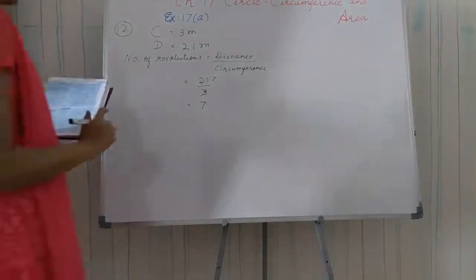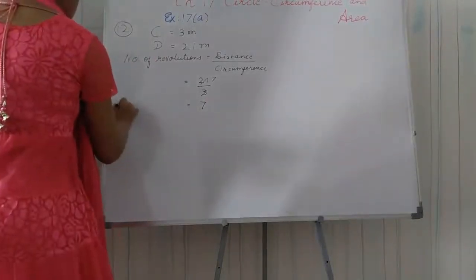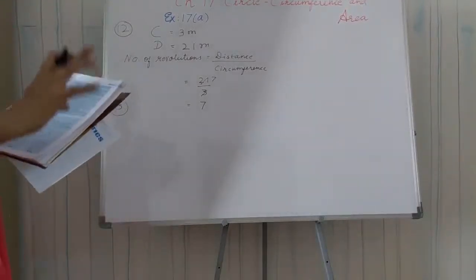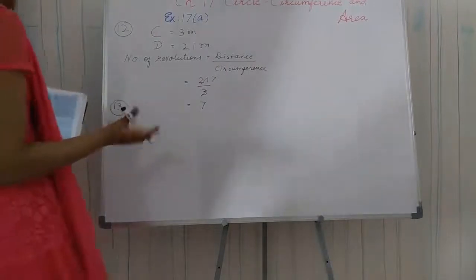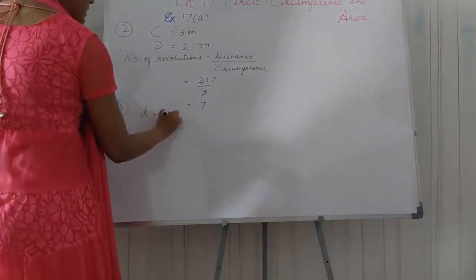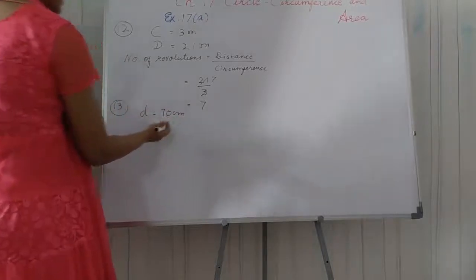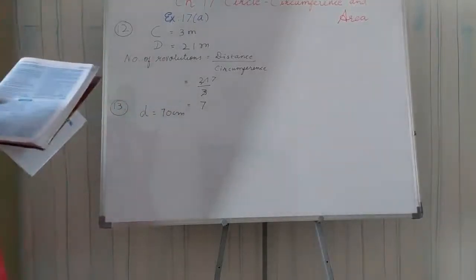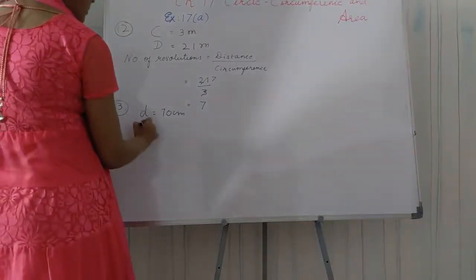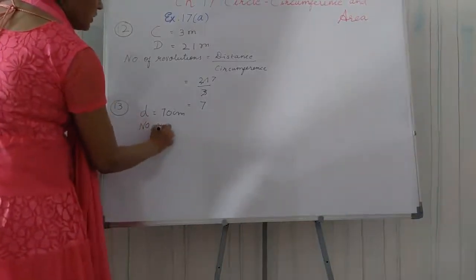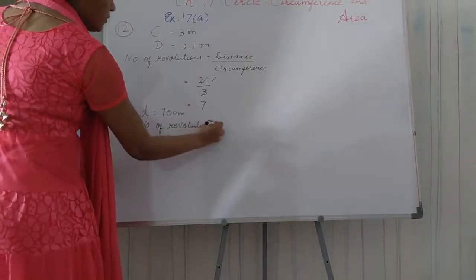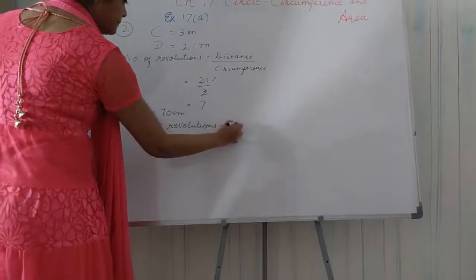Now taking question number 13. The question number 13 here is a bicycle wheel which is in a circular shape. Diameter 70 centimeters. So this is the diameter given to us, 70 centimeters. Using this we can find out the circumference of the wheel, which is making 25 revolutions. So the number of revolutions is also given to us. The number of revolutions here is equal to 10.